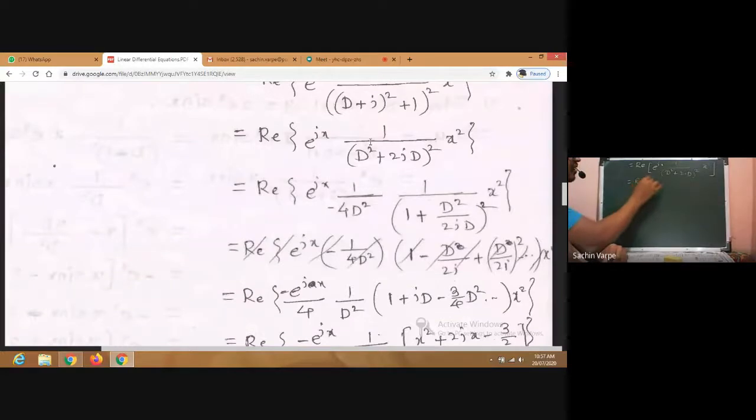So that will be real part of e raised to ix. What is the expansion of this? That is d raised to 4 plus twice, that is 4 ab, that is i d cube, because twice a into b or a into b, plus b square, that is minus 4d square, into x square. Is it okay? Please check the calculations. Don't get confused with the calculations. If you have any doubt, please ask. So this is my phi of d.